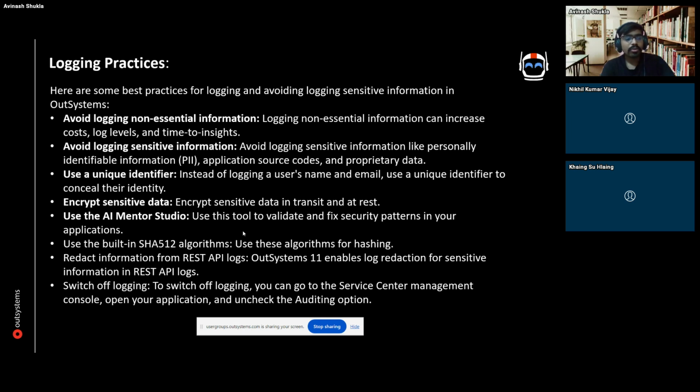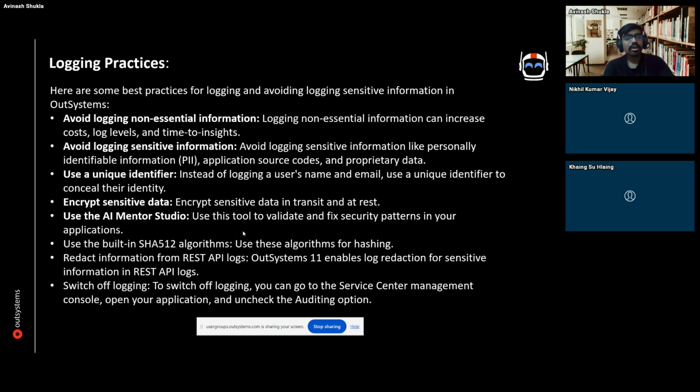Also, while using APIs like REST API, logs are created in our system, and we can access that. Also, when we consume or expose any API in our system, we have two additional actions that we can make use of, that are On Before Request and On After Response. So our system provides these two API actions so that we can authenticate and authorize the user that is accessing our APIs, and the data that we are getting as a response from